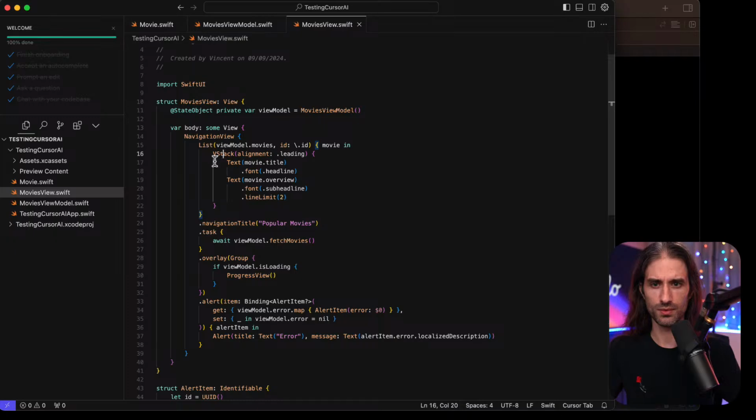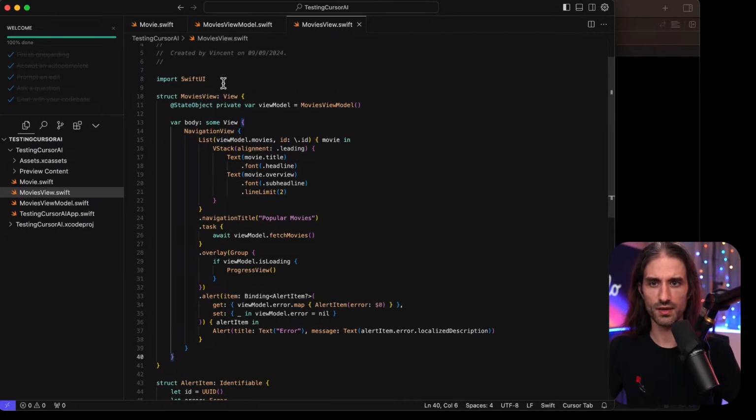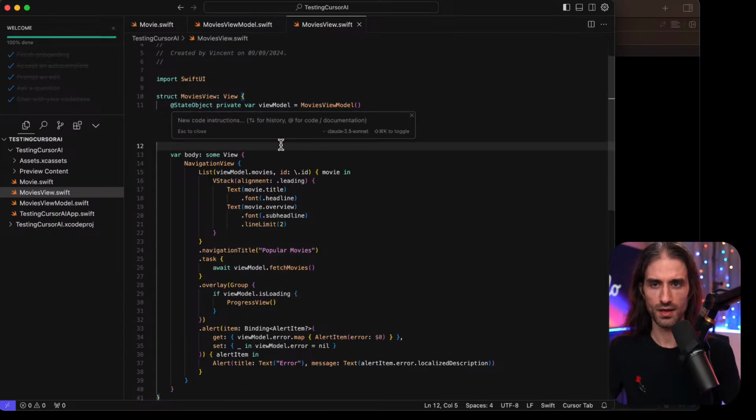I'm gonna go into this part right here. Maybe I can just do Command K and open a chat like here. Add code to display the poster. What did I call it? I call it the poster image. Let's see.